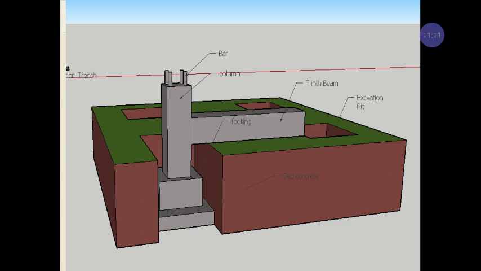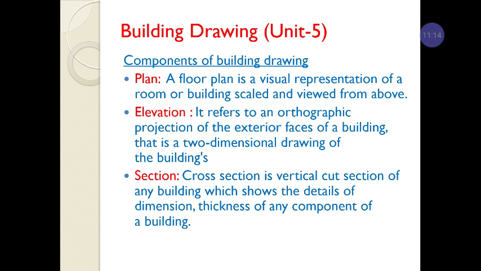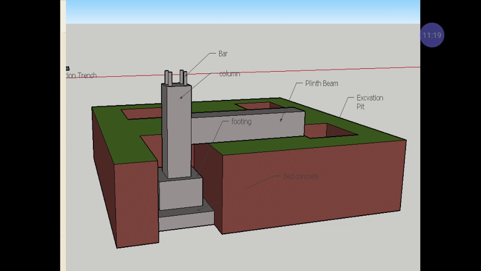Due to the moisture content in the soil and in the foundation, it should not rise and come into your walls. To restrict that, we are providing a damp proof course, above which a wall is constructed. This is how the load bearing structure is constructed in the foundation.